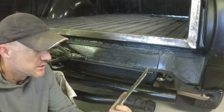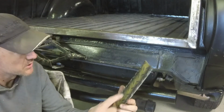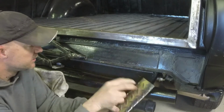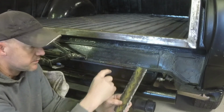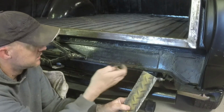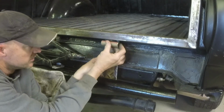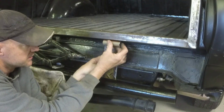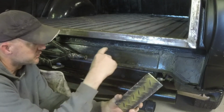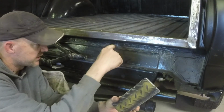So I've got a couple of these pieces of diamond plate that are cut about the same width, and one's a little bit longer than the other. But if I use this, maybe bend it, weld one end down here, have it come up, attach to this, bend it at a 90 so it goes in and welds in here. I'll have like a little L bracket